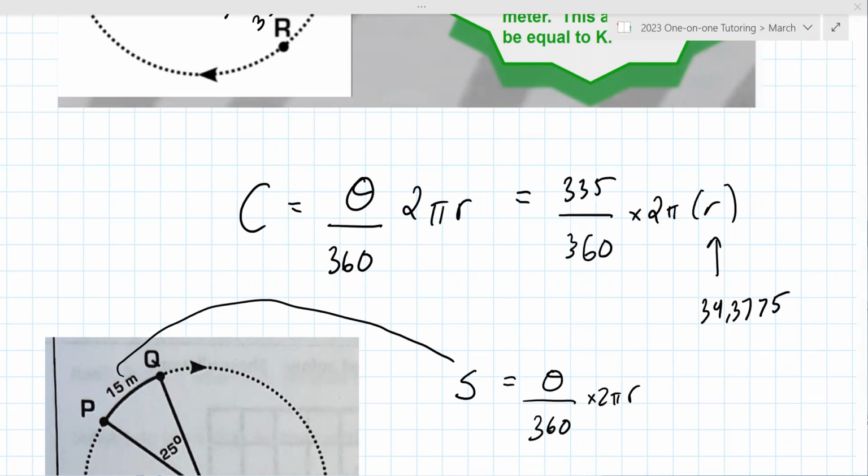And then I would just plug that all into my calculator at once. Yes, all at one time. Should I plug in the 34.3775 or 108 over? No, they'll give you the same answer. It actually kind of works out nice. I'm surprised, but that's what this was designed to be.